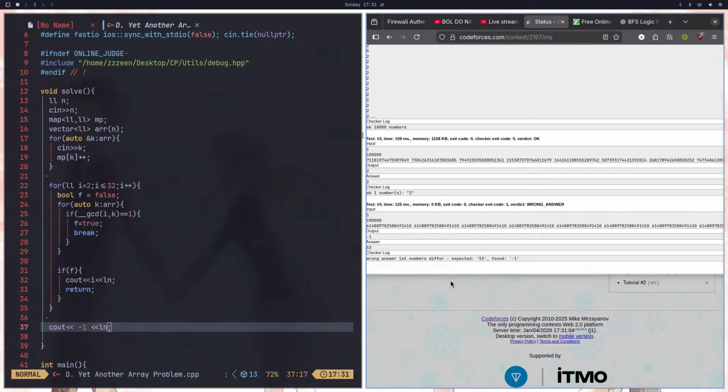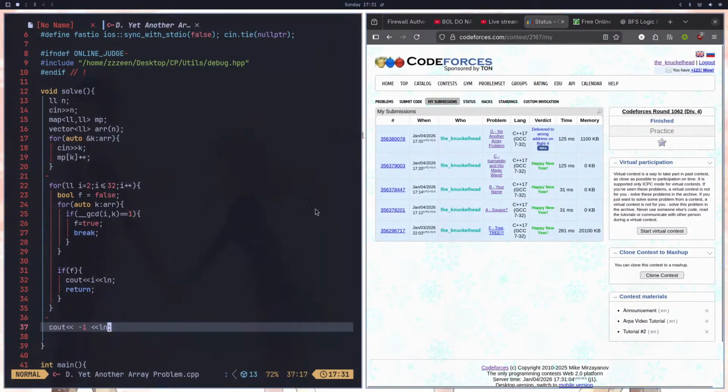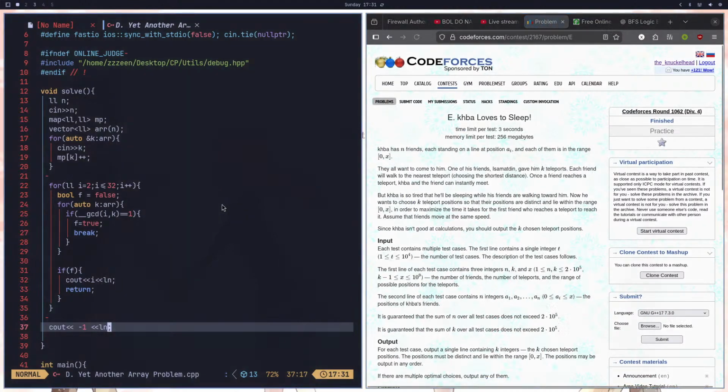Expected 53 found -1. ओके। नहीं यार, ठीक है, इसे करते हैं बाद में, विल सी वही लंबा है नहीं।